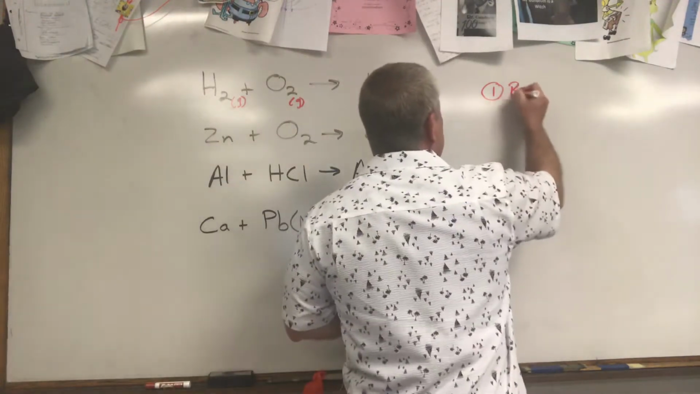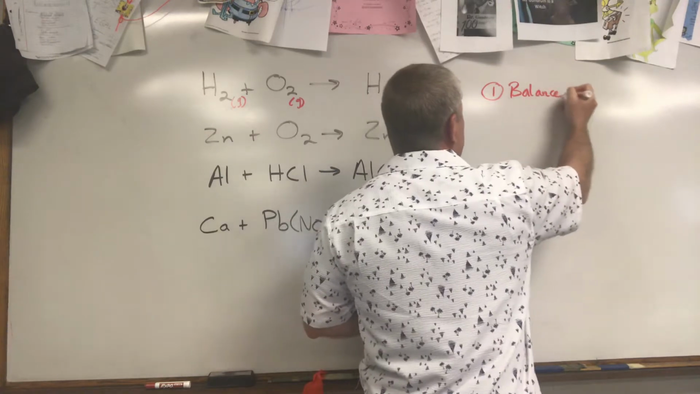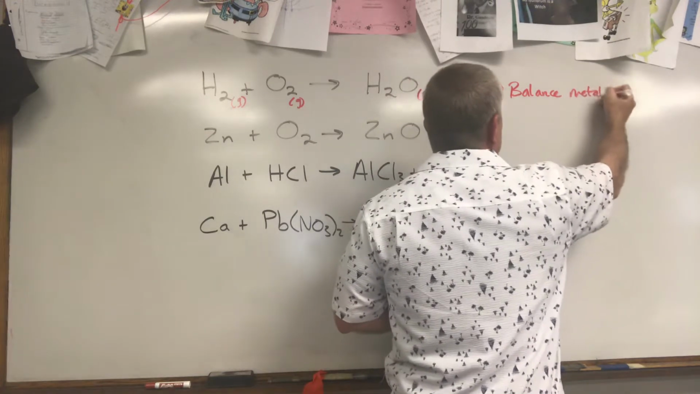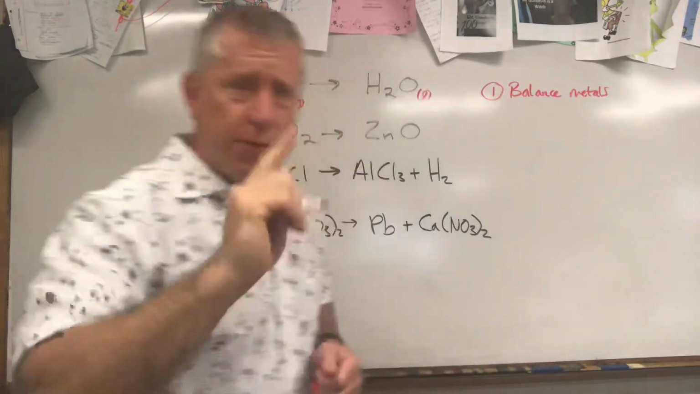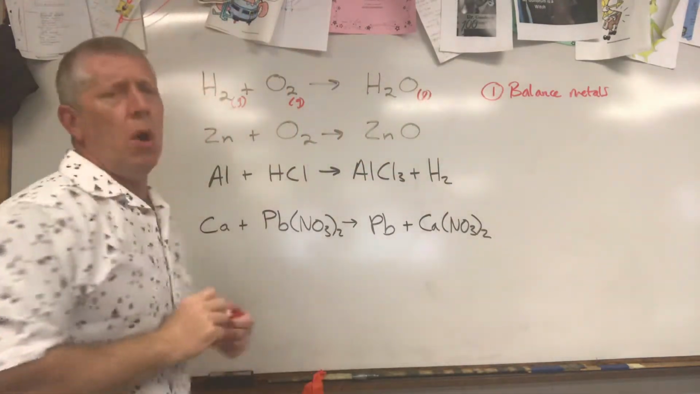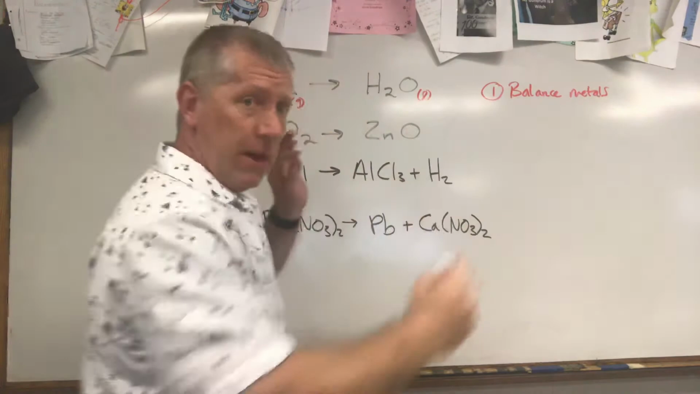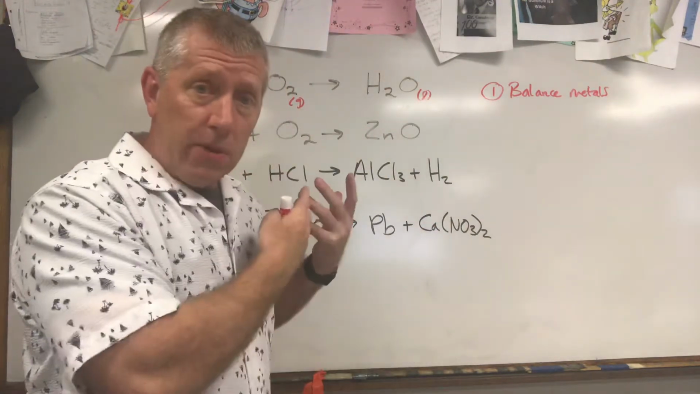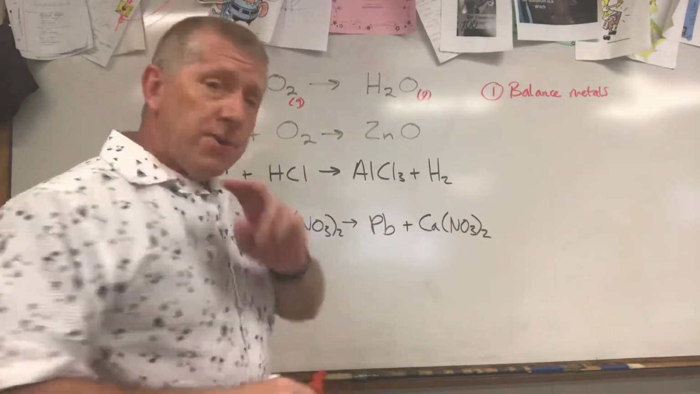Balance metals. So the first thing you want to do is balance your metals. And you know where the metals are: on the left side of the step-like line. Most things in the periodic table are metals. You're going to want to balance those first. Second thing you're going to want to do